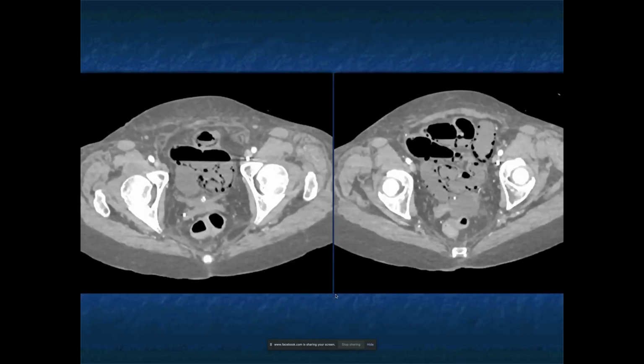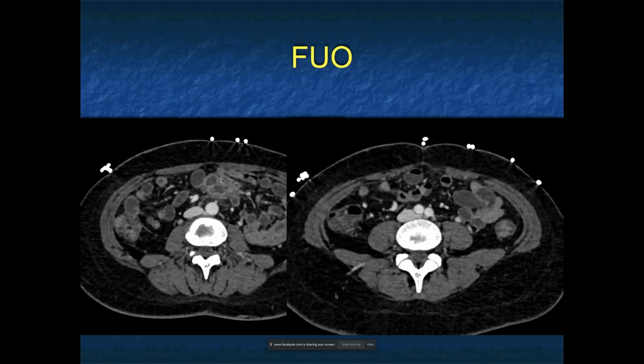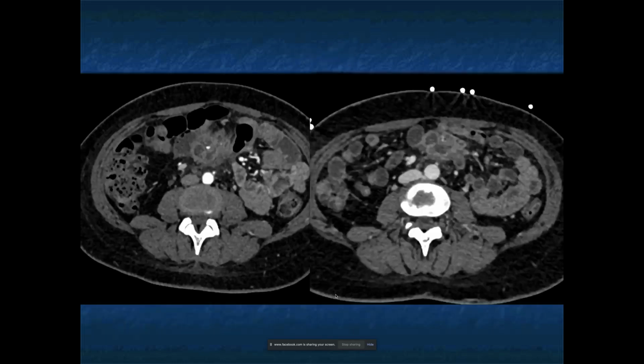Okay, and then let's keep going on to the next case. This is a patient with fever, and what you see in this case is multiple masses in the root of the mesentery. They're kind of low density. It looks like nodes, and then you ask yourself what kind of nodes can you possibly see in the mesentery that are low density? Well, you can see things like big nodes from testicular tumor. Whipple's disease also can give you low density nodes.